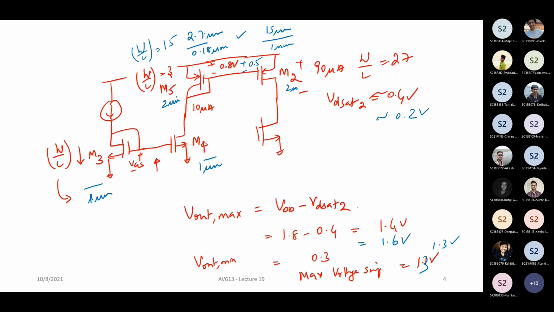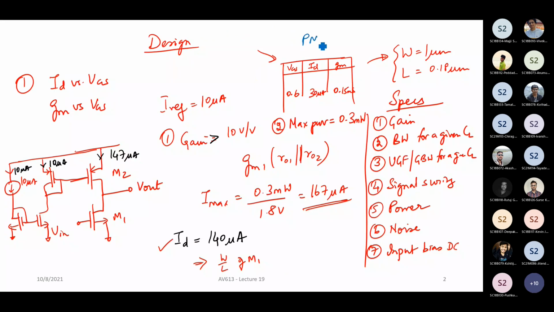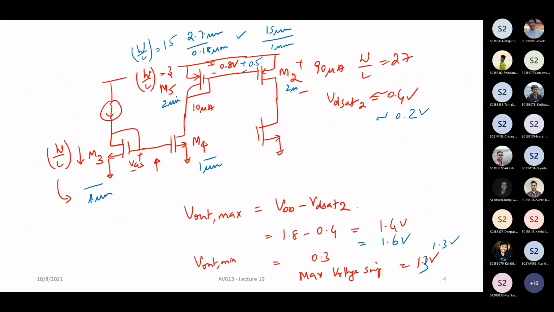And also for M2, how will you find the W by L ratio of M2? What you do is you generate this table for both PMOS and NMOS. Once you design this current mirror, you will know what this VSG is. Go to that particular VSG value, and generate the table for some arbitrary width and length. It's easier to do it for 1 micro so that you can directly scale things, right? Do L for 0.18 micron. If you want, you can do it for other channel widths and channel lengths also, that is fine.